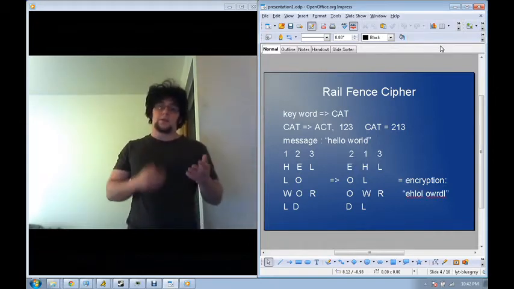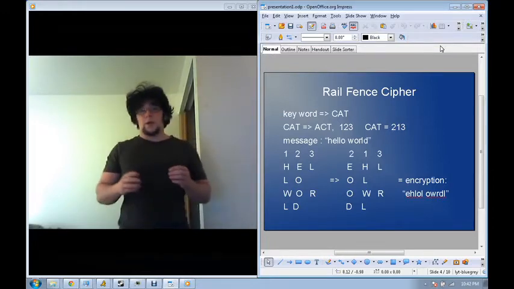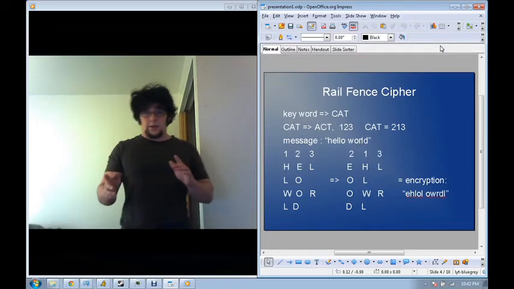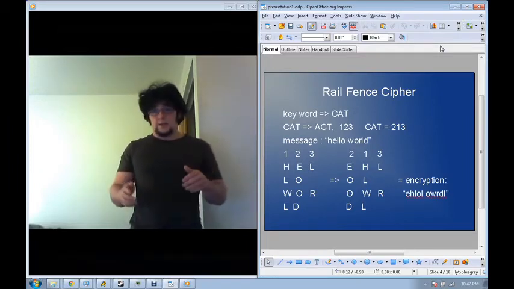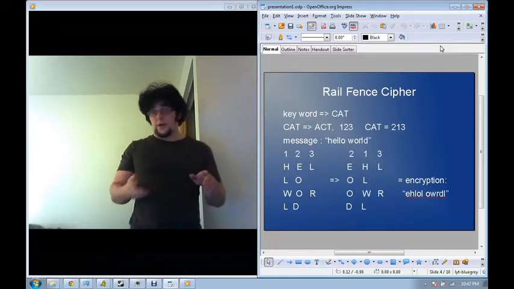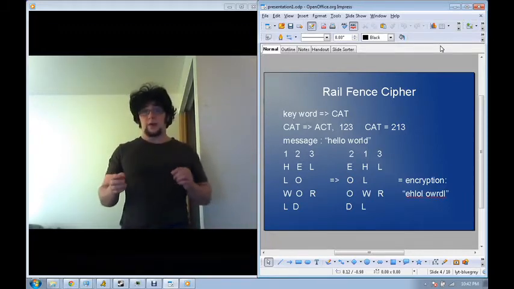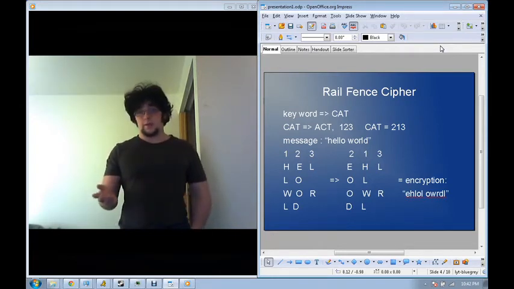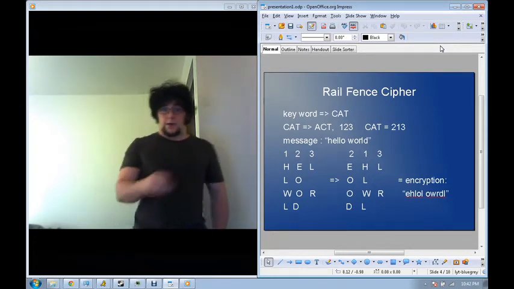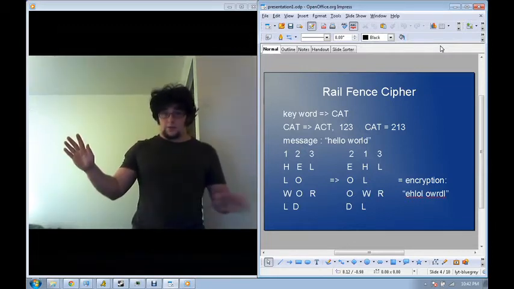So the rail-fence cipher relies on a keyword, cat. The first thing that we do is we organize it alphabetically, so cat goes to ACT, and then all the letters as they're spelled out are assigned a number, incrementing as you go. So 1, 2, 3. So now if we go back to our original word cat, the corresponding numbers would be 2, 1, 3. So now we take our message. The message in this example is hello world, and we write out our columns 1, 2, 3, and we just write our message out left to right.